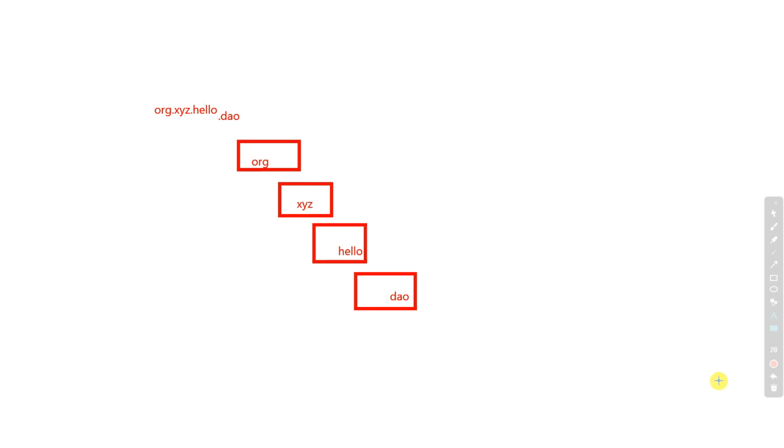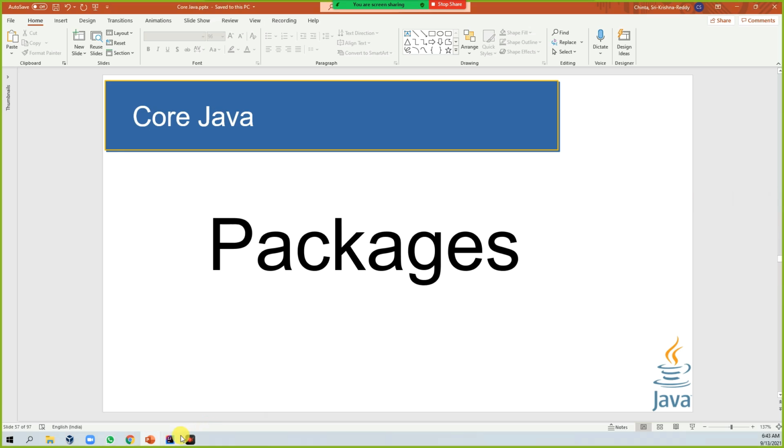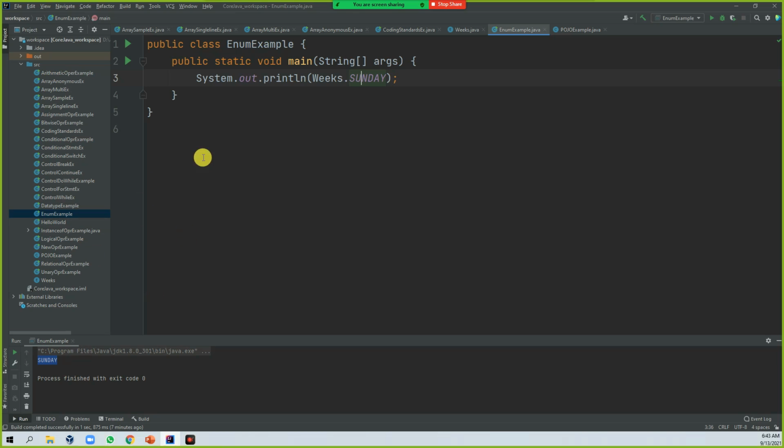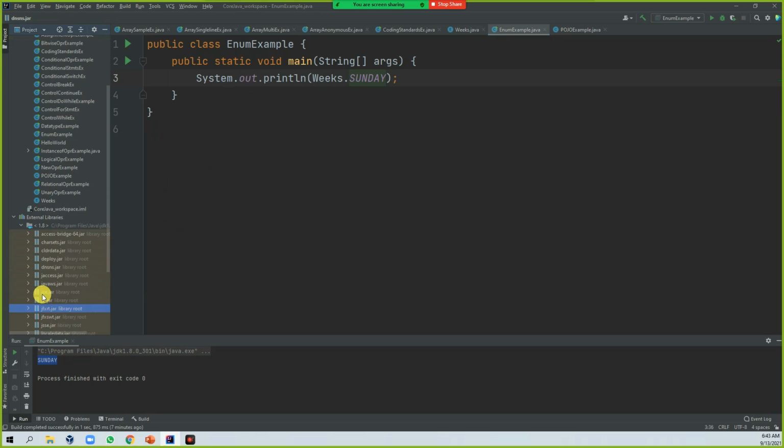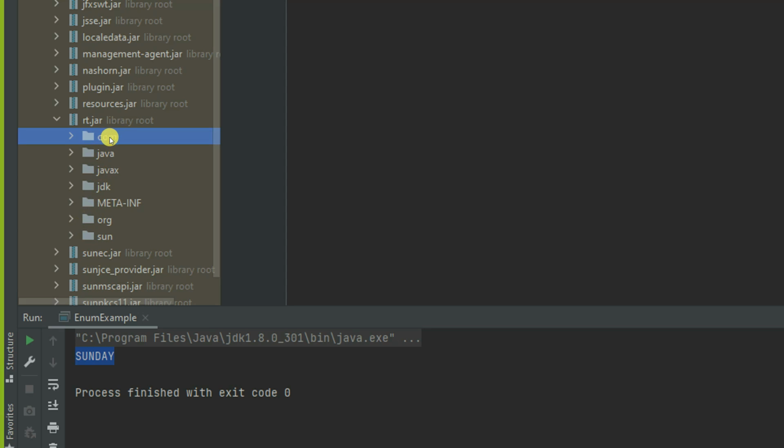The same thing we can see in the existing classes. If you go back, we have external libraries. Let me take rt.jar, our main one. In this rt.jar, it's com, and internally Oracle and Sun are the two subfolders inside com.